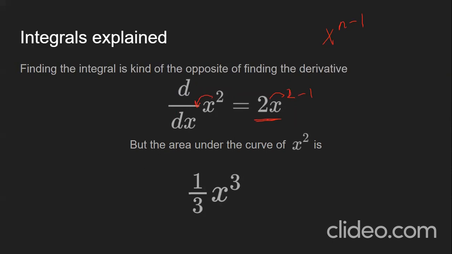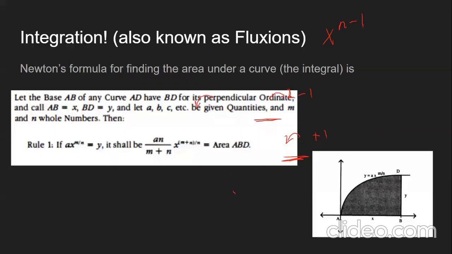We're doing the integral of x squared. Instead of multiplying, instead of subtracting 1 from the power, we add 1. So the 2 becomes a 3, and instead of multiplying by the power, you multiply by the reciprocal. And that's a basic tip of the iceberg of integrals. Not all of it, but that's what I kind of understood from here.